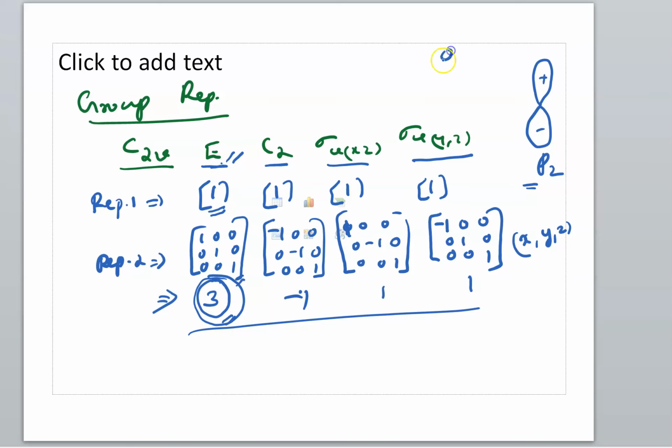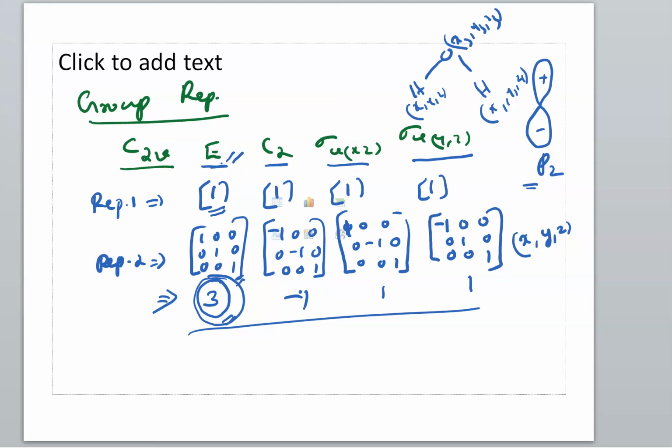Many representations are possible. If you take the water molecule as an example and fix coordinates on each atom, X1, Y1, Z1 on one hydrogen, X2, Y2, Z2 on the other hydrogen, and X3, Y3, Z3 on the oxygen, we get a 9-dimensional matrix if this is the basis. In this way, many representations are possible; actually an infinite number of representations are possible.